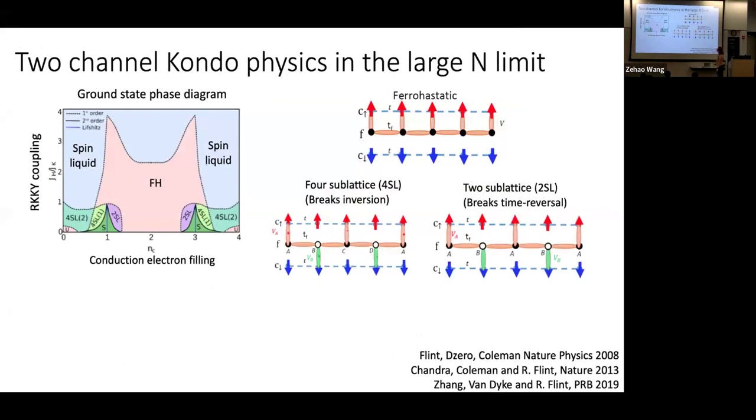This is solved in 2D, where I put on a Heisenberg RKKY coupling, and you get, just to capture a little bit richer phase diagram. And you see all of these possibilities that I discussed. There are actually two-dimensional versions that look a little more complicated than this, but they have the same basic properties, where you have 2 sublattices, 4 sublattices, ferrostatic,